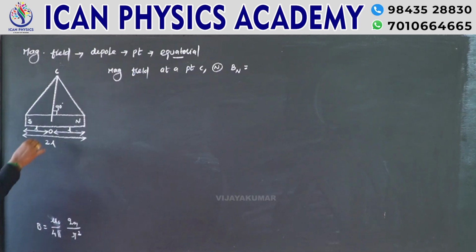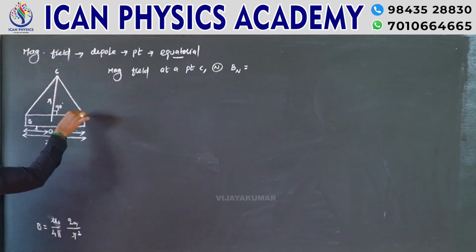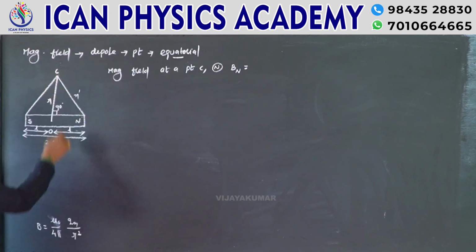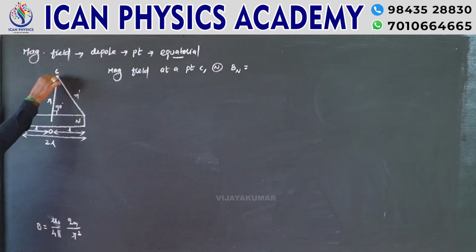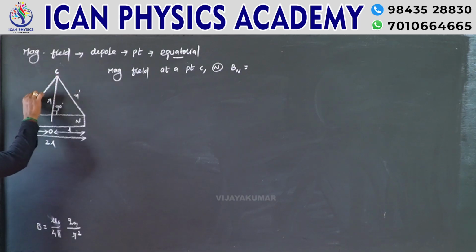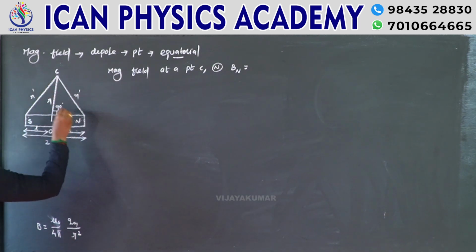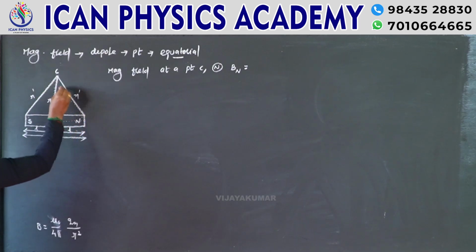Okay, now the O to C distance is taken as R. அப்ப எனக்கு இந்த டிஸ்டன்ஸ் தெரியுமா? தெரியாது. So it can be taken as R dash. இந்த டிஸ்டன்ஸ் தெரியுமா? தெரியாது, it is also taken as R dash. Okay, அப்ப இந்த R dash ஓட வேல்யூ எப்படி கால்குலேட் பண்ணலாம் அப்படின்னா, இது ஒரு ரைட்